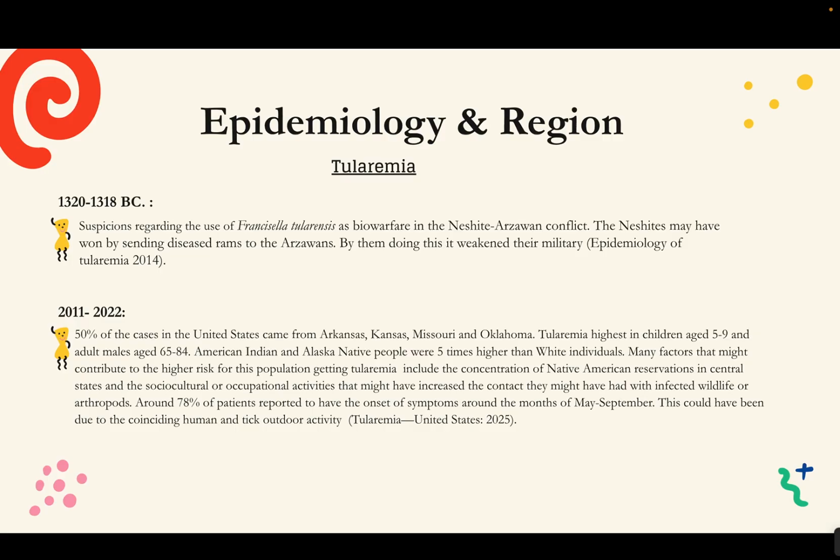For 2011 to 2022, 50% of the cases in the United States came from Arkansas, Kansas, Missouri, and Oklahoma. The disease is highest in children aged 5 to 9, and in adult males aged 65 to 84. American Indian and Alaska Native people were 5 times higher than white individuals. Many factors might contribute to the higher risk in this population, including the concentration